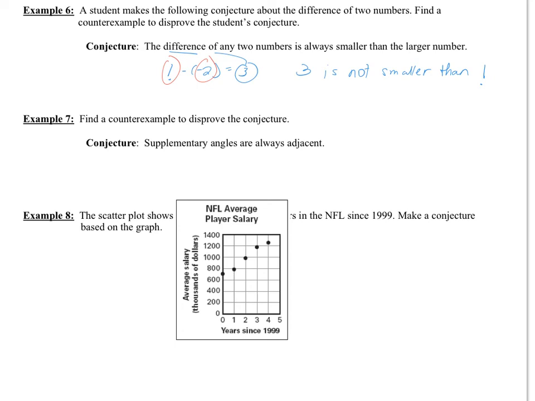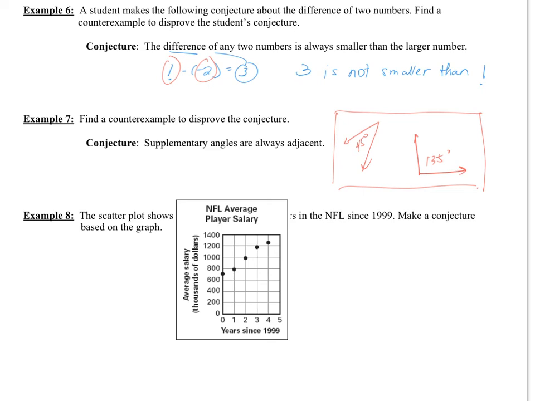Now I would like you to pause the video and try example 7 on your own, and then continue to play the video for the answer. Now, the supplementary angles are always adjacent. A counterexample will be any 2 supplementary angles that don't share a common side. So here I have a picture. And now let's finish example 8